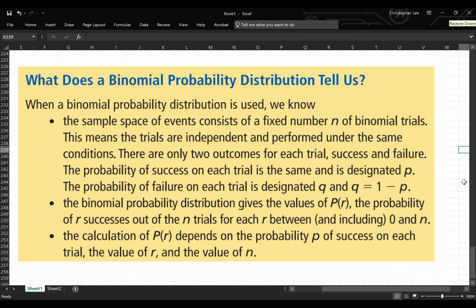The binomial probability distribution gives the values of the probability of R, the probability of R successes out of n trials, for each R between and including 0 and n. The calculation of the probability of R depends on the probability of success of each trial, the value of R, and the value of n. Okay,